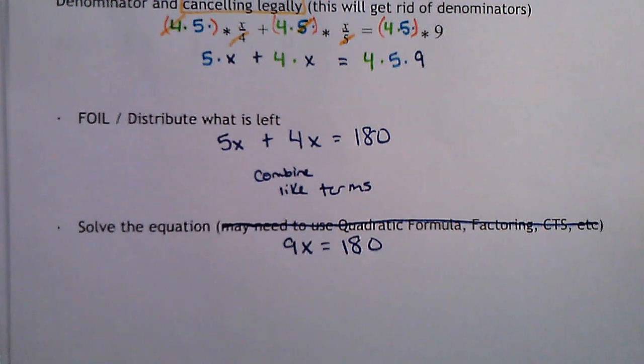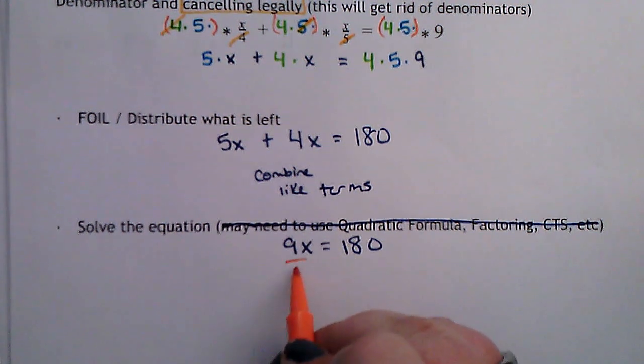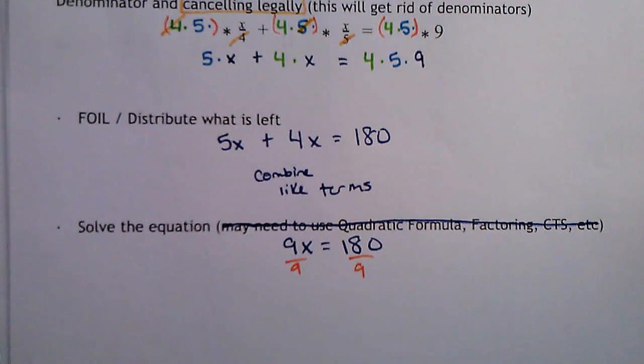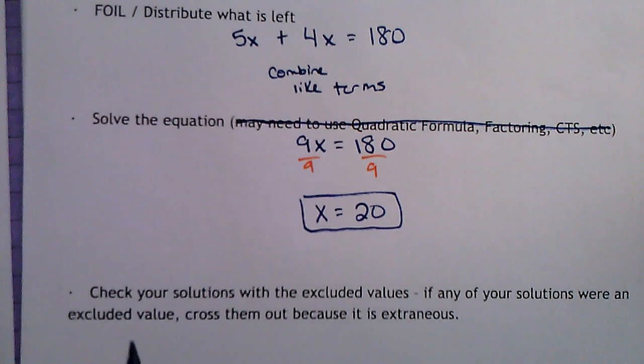So 9x equals 180. And then we would divide both sides by 9. Oh, that says 180, not 120. I don't know what I was thinking. X equals 20. And then the only thing we have to do is down here it says, check your solution